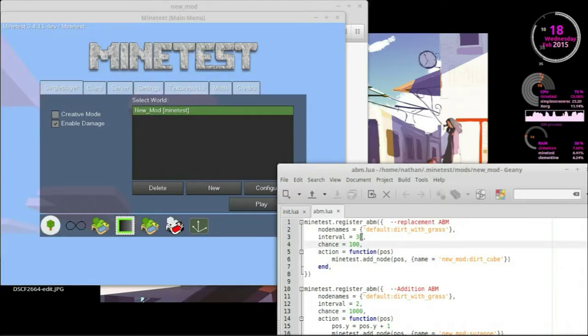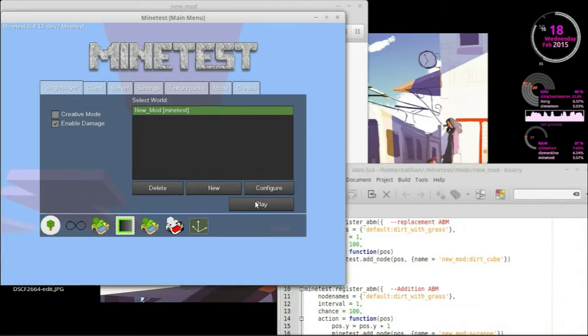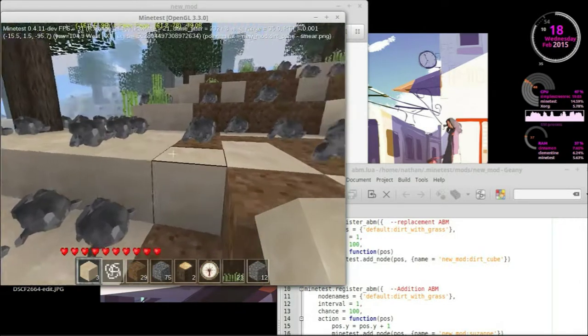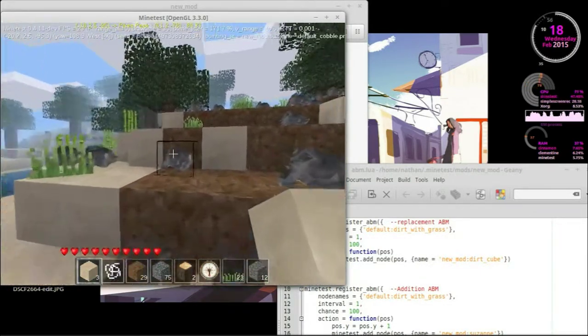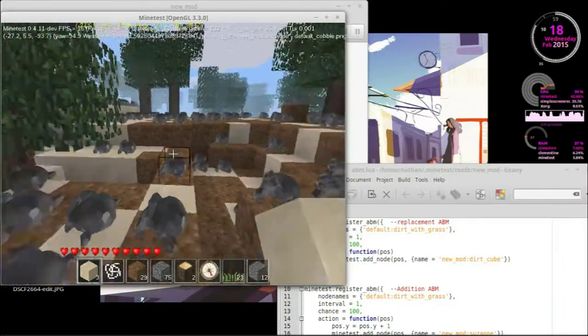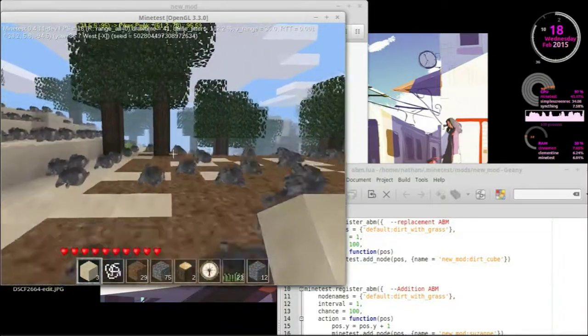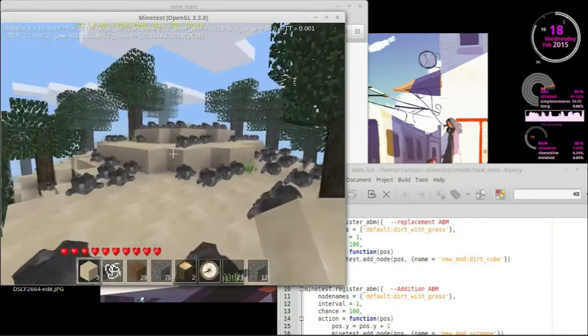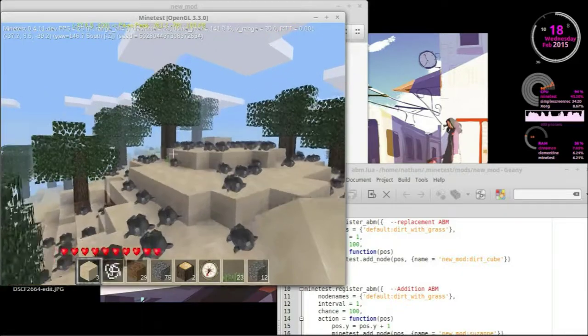But let's see if we can, and this is going to probably destroy the world. So we're going to change our interval to 1 on each of these, put it to 1/100th of a chance. So every second now, it's going to be running this ABM. So we're going to see a lot more little Suzanne heads popping out here. And the dirt's going to be changing faster than it was before. And as you notice now,